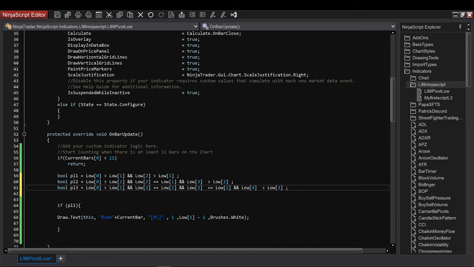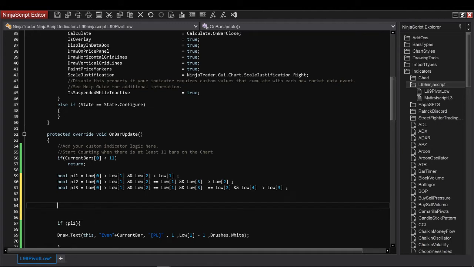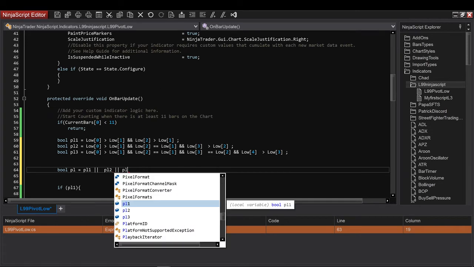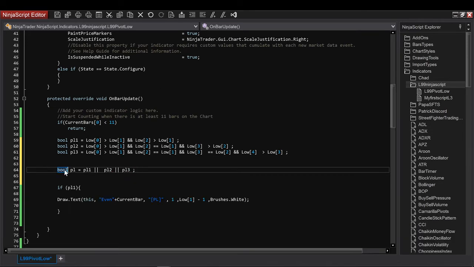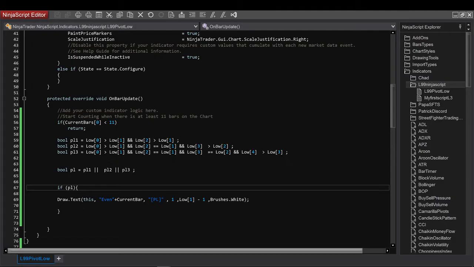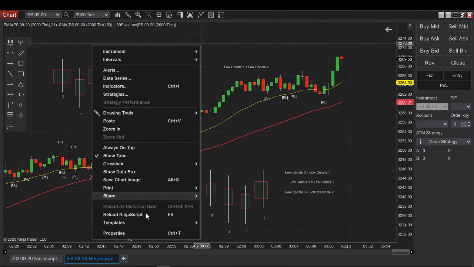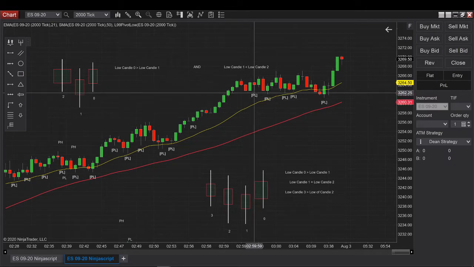So if I do this, then I need to create a pivot low, which will be either this, or, and to do "or" there is this specific syntax with 2 bars like this. If it's PL1 or PL2 or PL3, then it's a pivot. So here I'm going to put if PL, I draw. And let's check if the pivot that is here, that basically had 2 equal lows, 3 equal lows, is taken into account. So I do this, I refresh, and boom, now I see pivot low appearing.